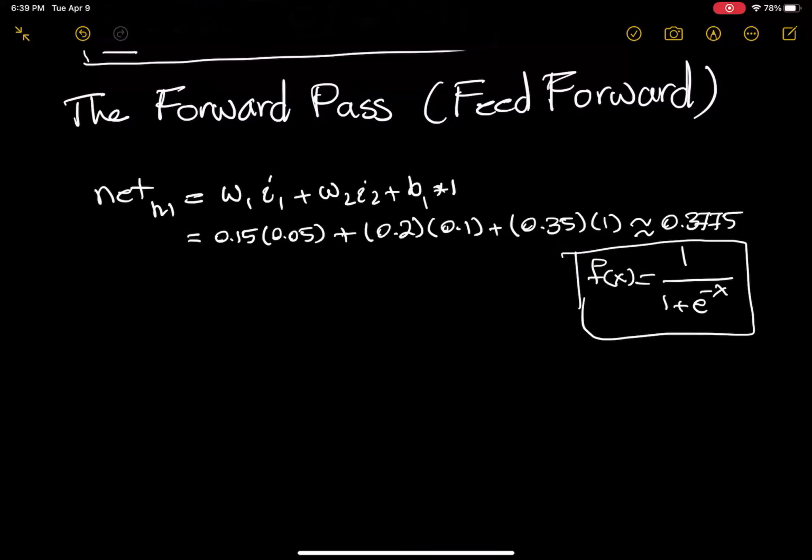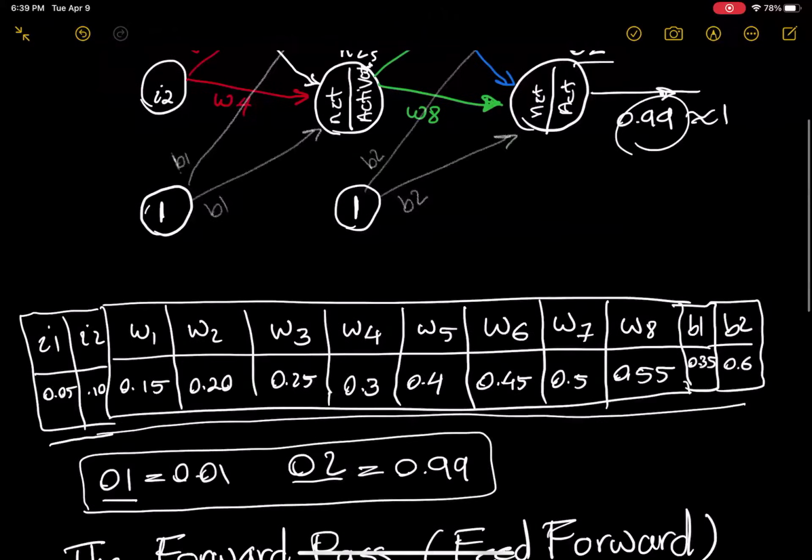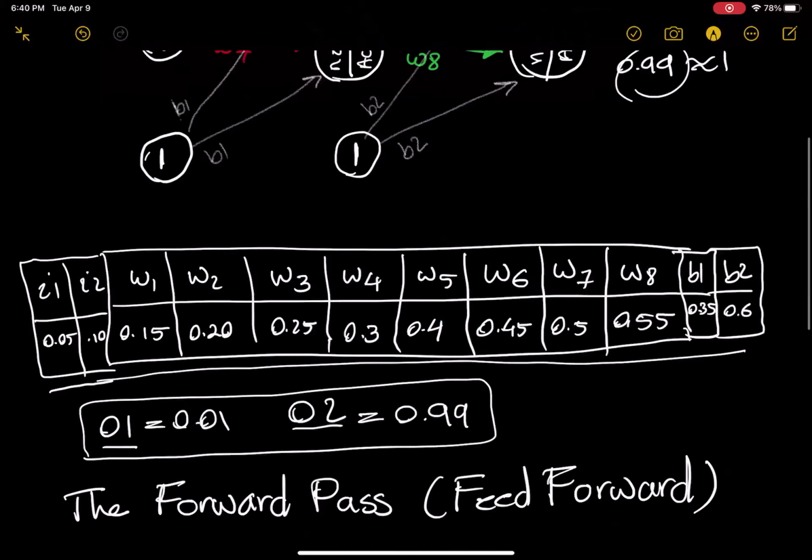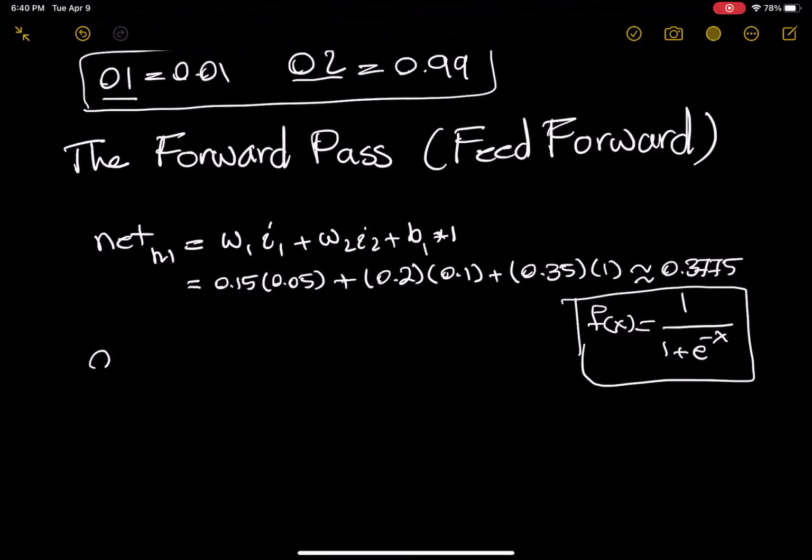Now, instead of this x, I have to pass net of h1. So basically, I'm going to call that out here. The output of this, previously I called it y. You can call it y as well, but I try to call it what unit it is, so later on, when you look into that, you can understand it. So I can call it out of h1, right? So out of h1 here,